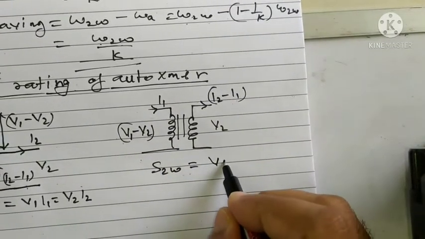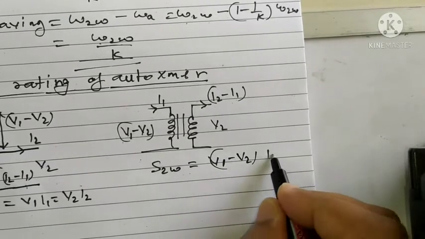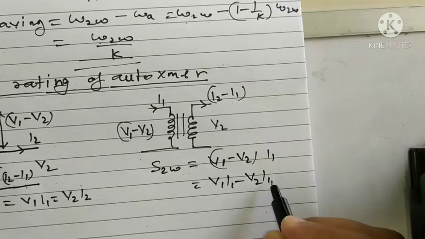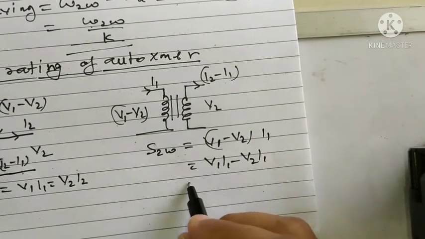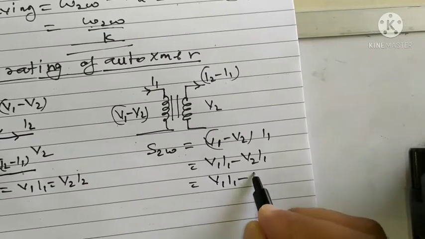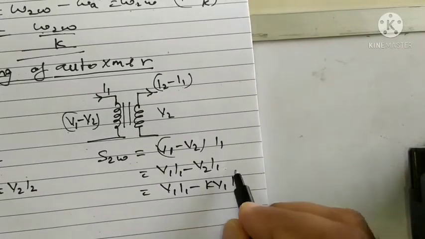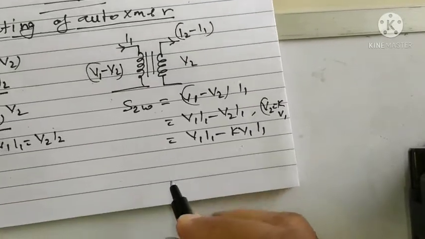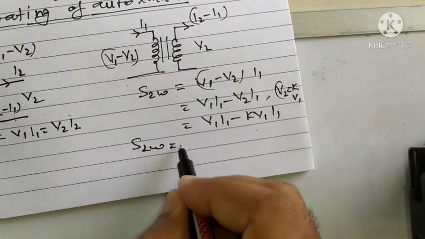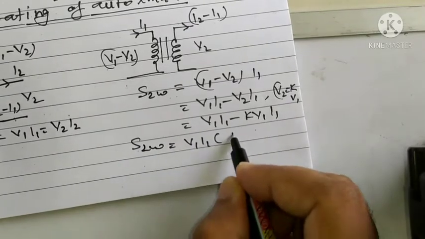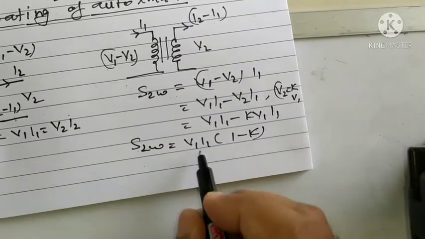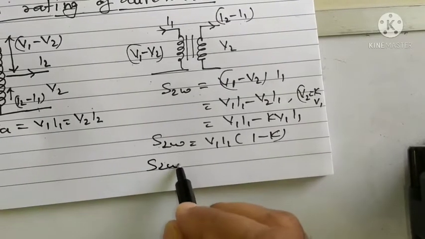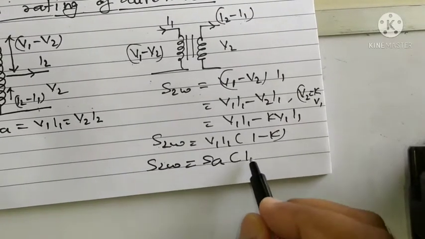So let me take V1 minus V2 into I1, that is V1 I1 minus V2 I1. What is V2? It is kV1, so it will be V1 I1 minus kV1 I1. V2 is k times V1, we know it. Therefore S2 winding can be written as V1 I1 times 1 minus k. What is V1 I1? That is the autotransformer kVA rating. So S2 winding equals S auto times 1 minus k,